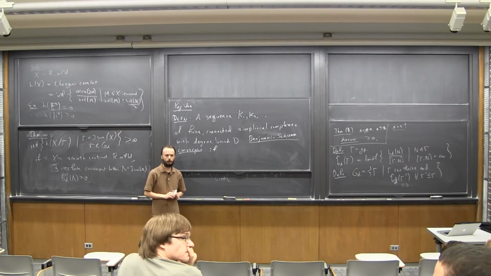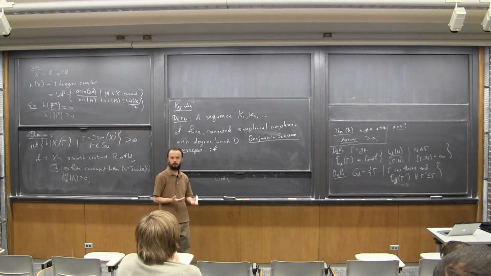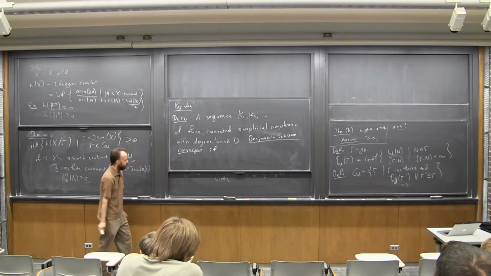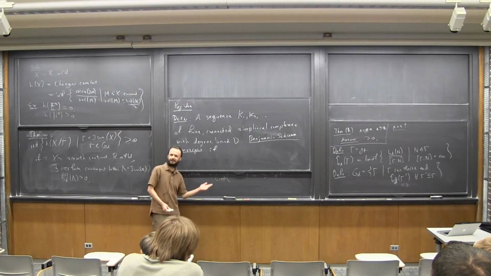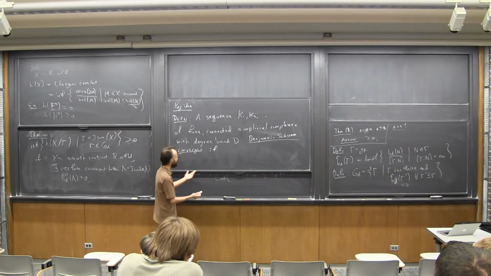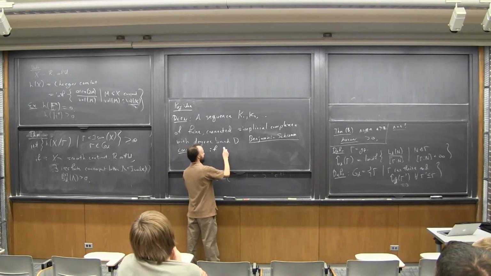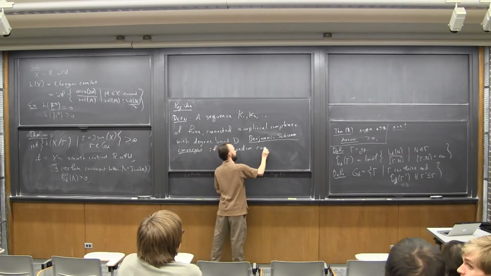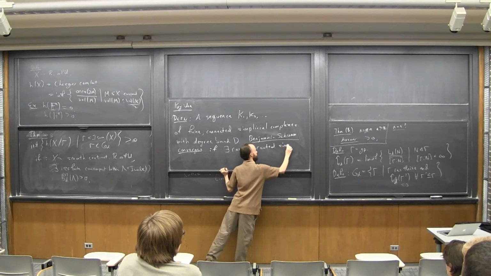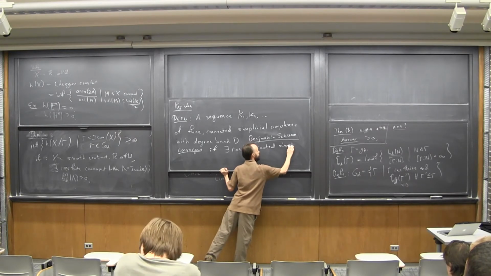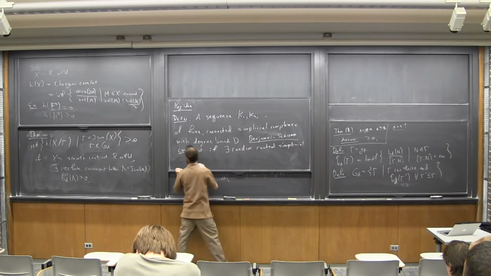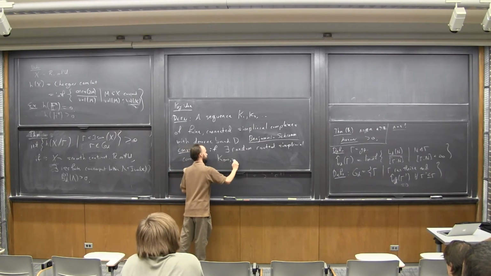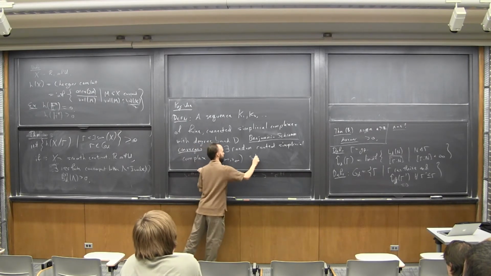So a ball, so every edge has length 1? Yeah. Okay. But then you want to talk about the limit object sometimes. In this case, it's not actually too important. Well, I guess it is going to be important for us. So let's say it this way. Let's say there exists a random rooted simplicial complex, such that